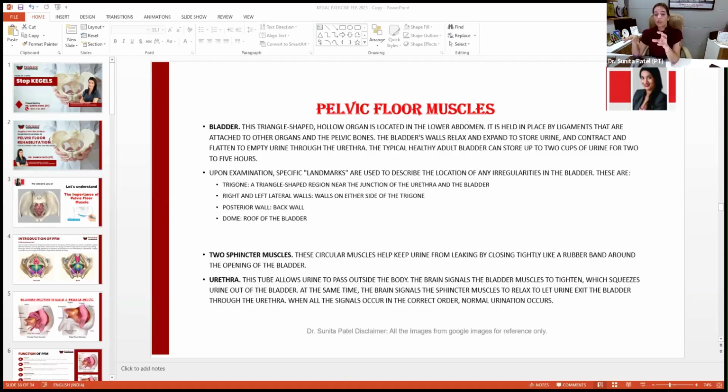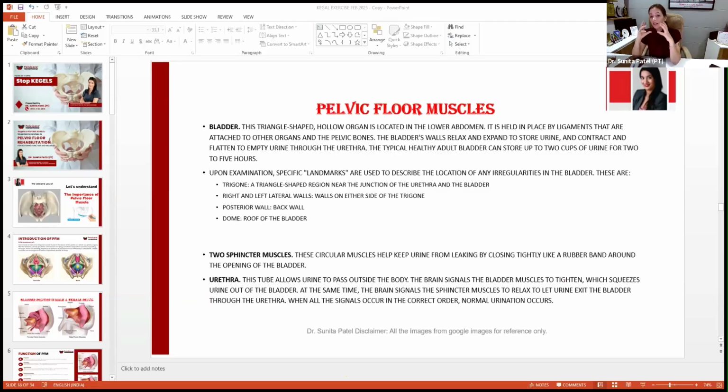Zero means no contraction. No contraction of what? Pelvic floor. One means flicker contraction of the pelvic floor. Two means weak squeeze, no lift. The patient is trying to squeeze, but there is no lifting going on, or a very weak squeeze. Three, fair squeeze with good lift. Four, good squeeze with good lift. Five, strong squeeze with lift. This is what is written, and you can go into more detail because you will find it on Google and in the books also.